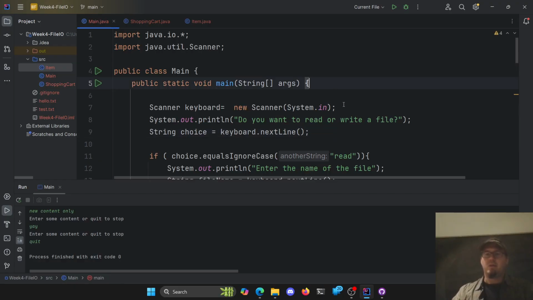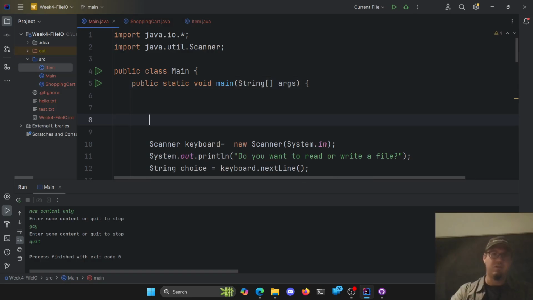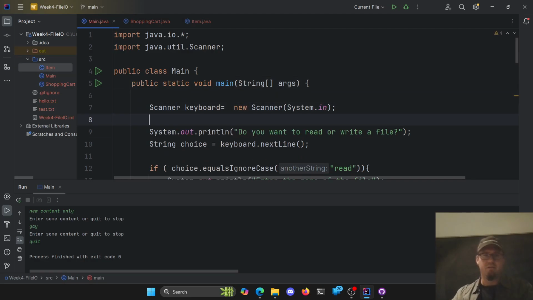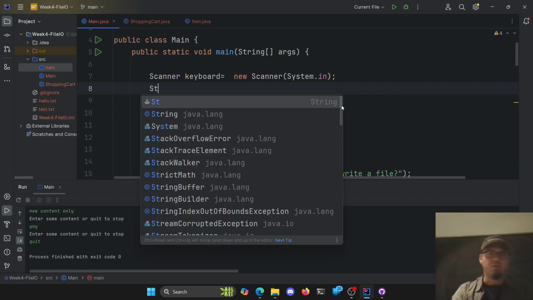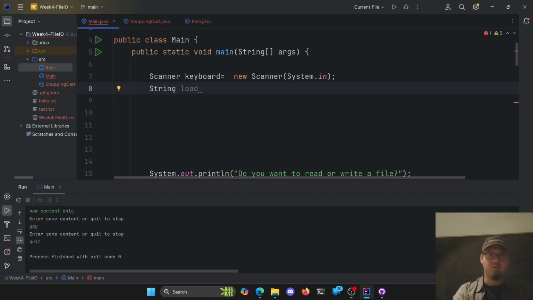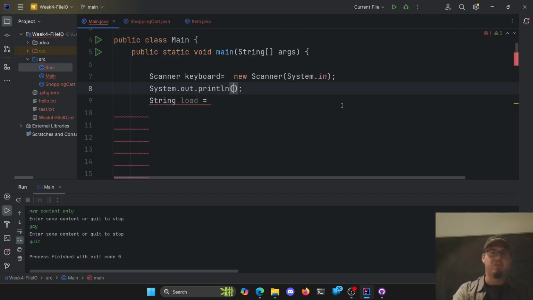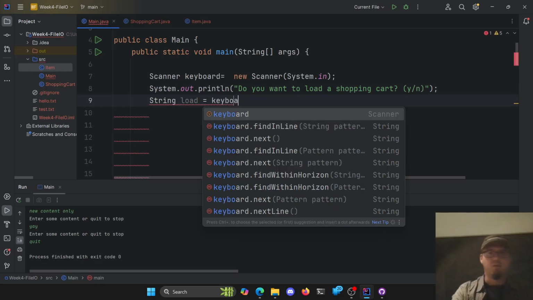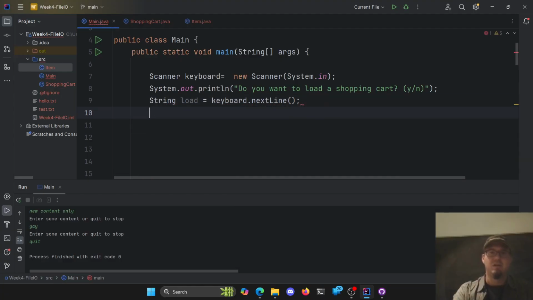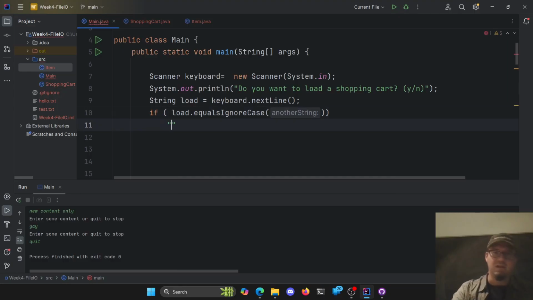All right, so we need to go and we can either load a shopping cart from file or make a new shopping cart, right? For our menu here. So we can ask them here, using our keyboard. So we'll have a string for load. I guess we can output first. Do you want to load a shopping cart? Y or N. Here, keyboard.nextLine. It's fine. And if my load equalsIgnoreCase yes here,